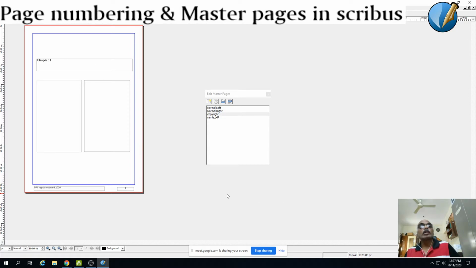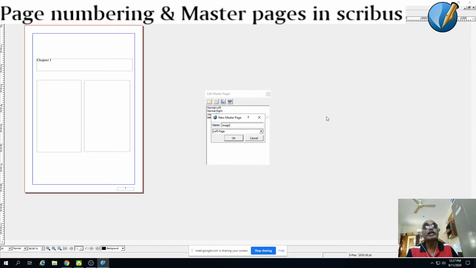So far so good. Now I am going to create another master page wherein I want to create images, so that box will hold images. So again, I'm going to create another master page. So what I will do is I will simply duplicate this page to make my job easy. So I'm duplicating it.